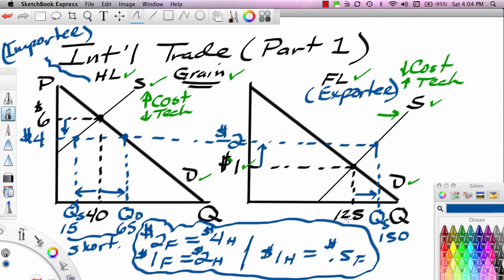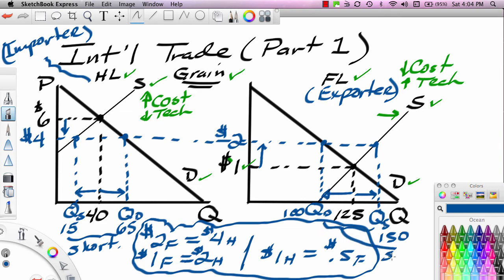That's the law of supply. So we can expect that domestic producers in flatland will want to produce more grain at $2 than they will at $1. However, the higher price will move us up the demand curve, and that will actually cause the quantity demanded to drop. Let's say it drops to 100. So what's happened here is by exporting and the price rising, domestic producers will want to produce more, but domestic buyers will not want to buy as much, and this will create